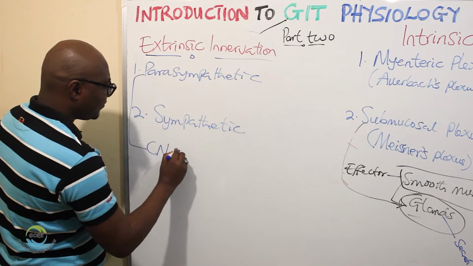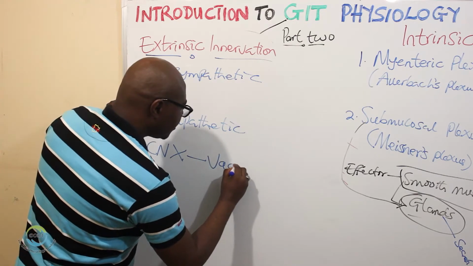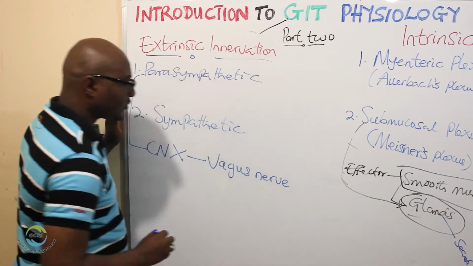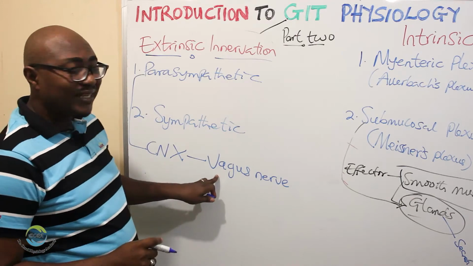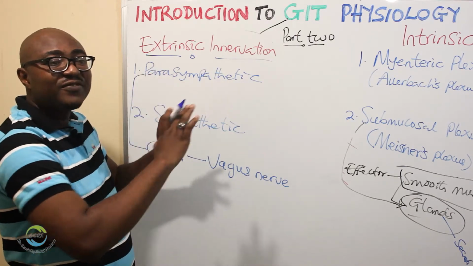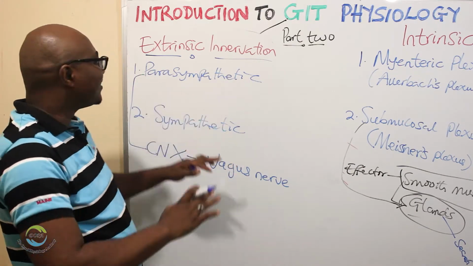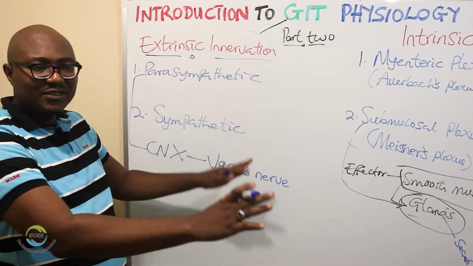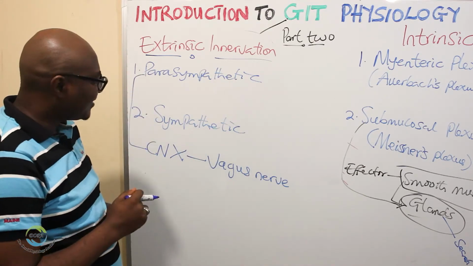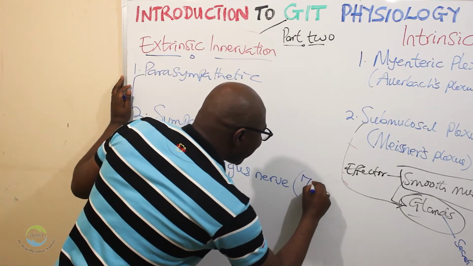Cranial nerve X, which is known as the vagus nerve. Interestingly, this vagus nerve is what does 75% of the work. It supplies 75% of the parasympathetic supply to the GIT. Only one nerve. Can you imagine that? So this vagus nerve supplies what? 75%